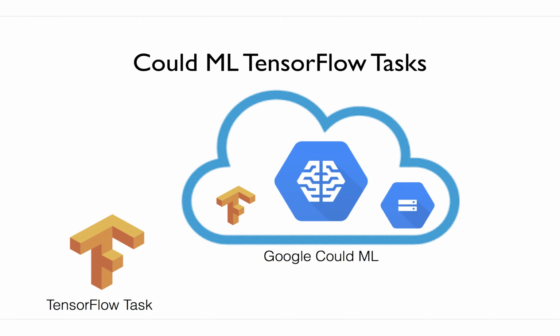But using Google Cloud ML, you can, without even having a powerful machine, just put this TensorFlow task on the cloud, use all the powerful machines there, and execute the training task in the cloud. All the results will then be stored in Google storage, which is also in the cloud. This is the basic idea of the Google